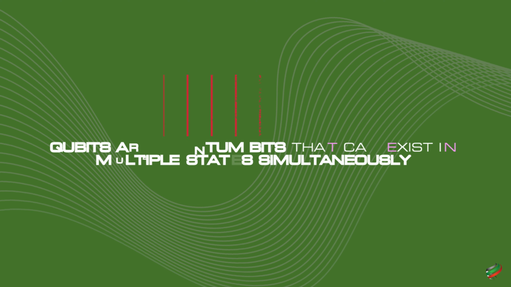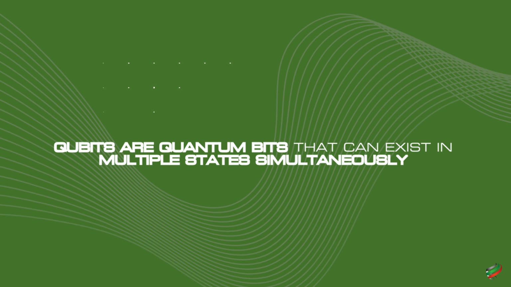qubits. So the 0 and 1 that I described for classical computing is called a bit of information. A qubit of information, on the other hand, can have multiple values simultaneously, and the power of a quantum computer really can be determined by the number of qubits that can be processed by a computer chip simultaneously. So the more qubits you have, to use my analogy of a maze, the more paths that can be solved